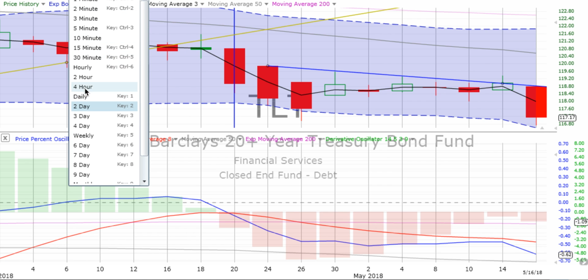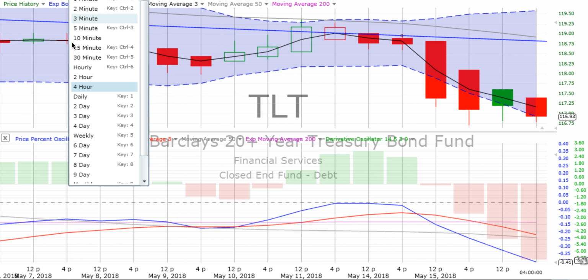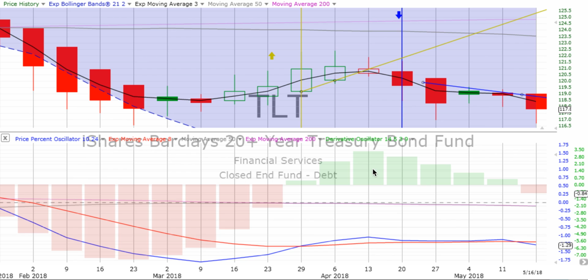And then what do we see on the 4-hour chart? It, of course, has been really hammering down since a big drop on Tuesday morning, Tuesday afternoon, bit of an uptick in the morning on Wednesday, and then a strong move down in the afternoon. So derivative oscillator gaining downward momentum, price percent oscillator heading down. Again, what are we watching for? Well, we're looking to see if indeed we lock in this weekly vertical crossover by the end of the week going down, and for a jumping in point, own bonds going down on Monday at 10:30 as per our standard